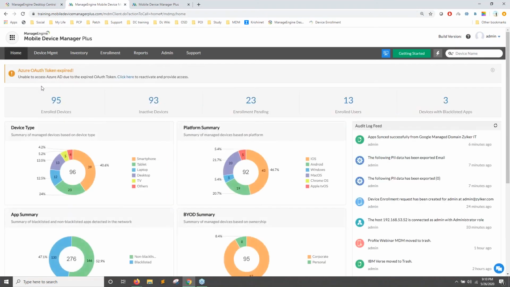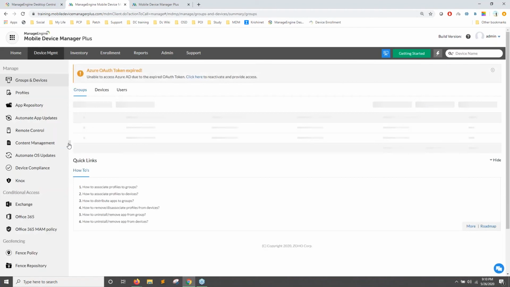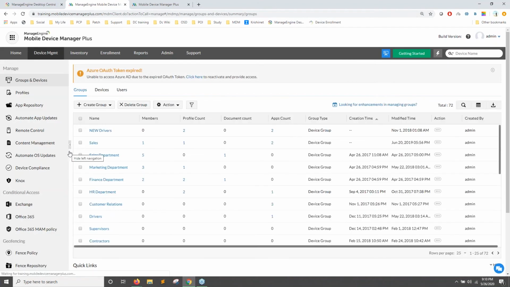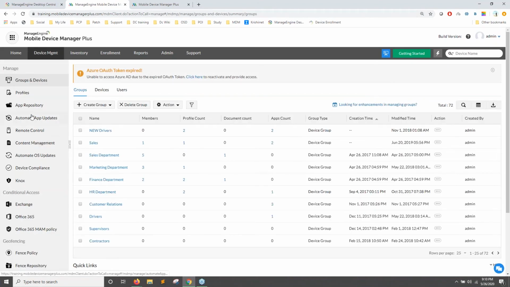And so this is what the home tab looks like. Under device management, you'll be able to see the list of profiles which you can create for the users and deploy. This would also be helpful for deploying applications or taking remote control on the mobile devices. So mostly you might be playing around with this particular tab for creating configurations and application deployment to your mobile